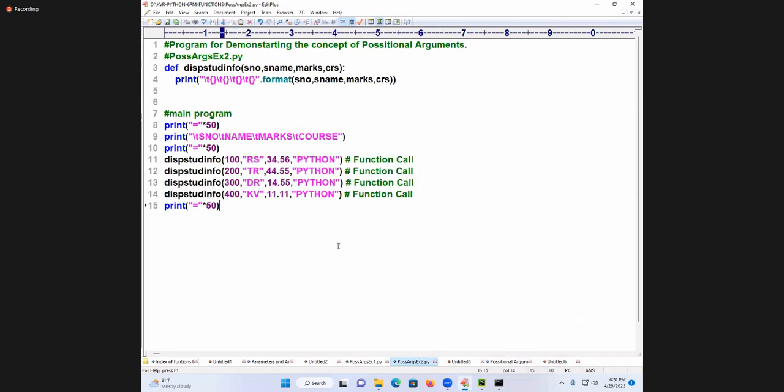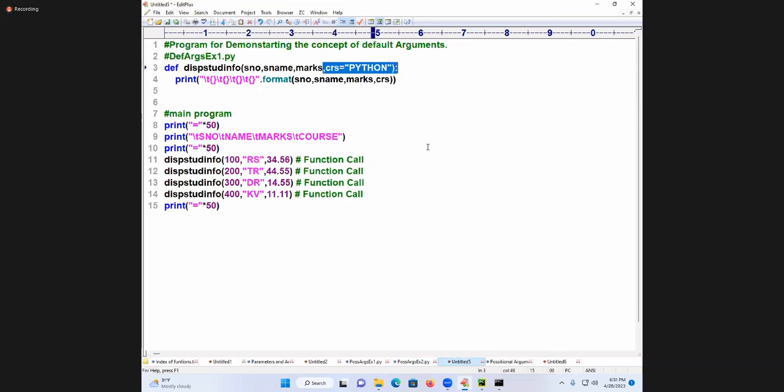Common value. Don't pass that common value as a positional argument. You pass it as a default argument. Why? One time only you are specifying, and only 3 times you are sending the specific data. That gives higher performance to your application.